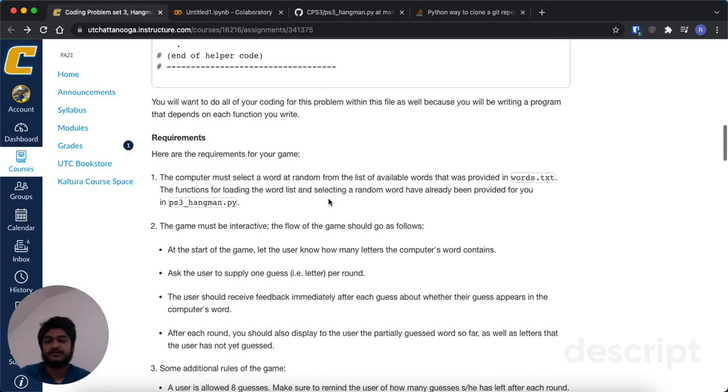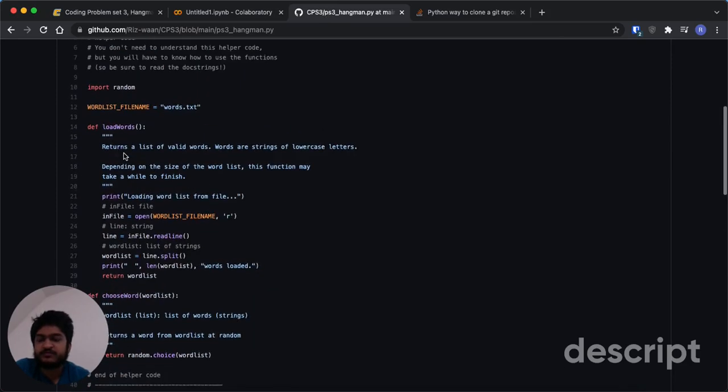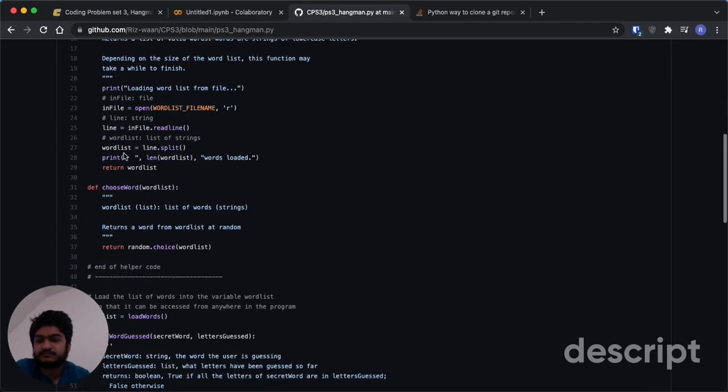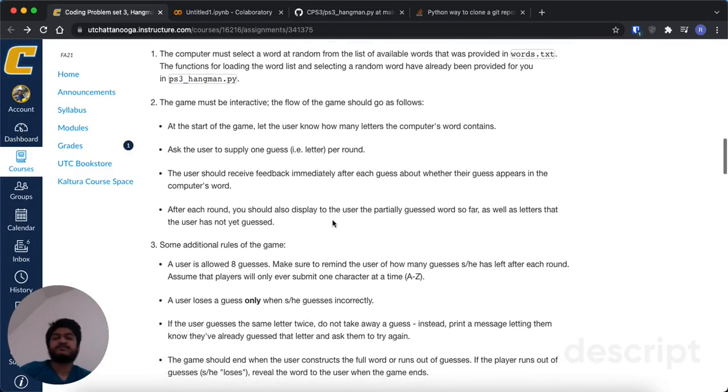Okay, requirements. Here are the requirements for a game. The computer must select a word at random from the list of words that was provided in words.txt. Loading the word list and random word are however provided for you, and that is true. There's a choose word from the word list. And then the game must be interactive. The flow of the game should go as follows. At the start of the game, let the user know how many letters the computer's word contains. Ask the user to supply one guess,